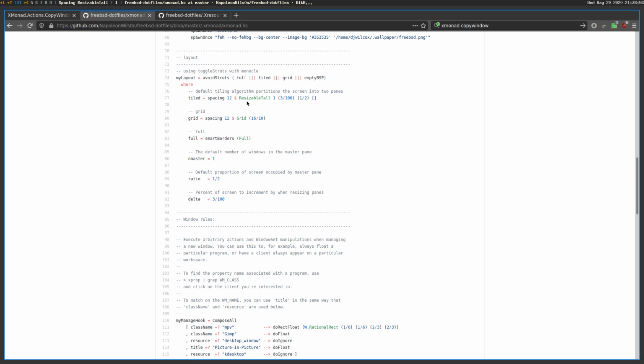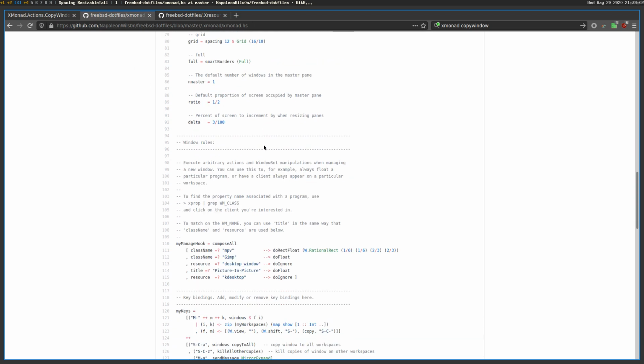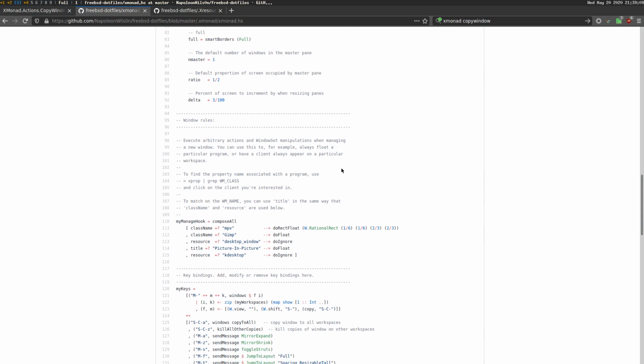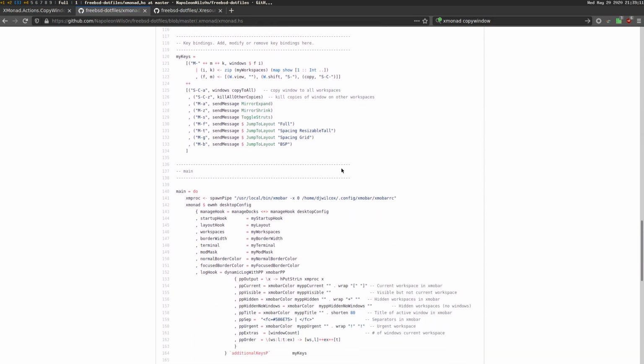So the name of the layout isn't actually tiled, it's spacing resizable tool. If I go through the next layer, you see it's spacing grid and then BSP and full. So what you actually have to do is toggle through your layouts and find the correct name, and then you can put that in here,